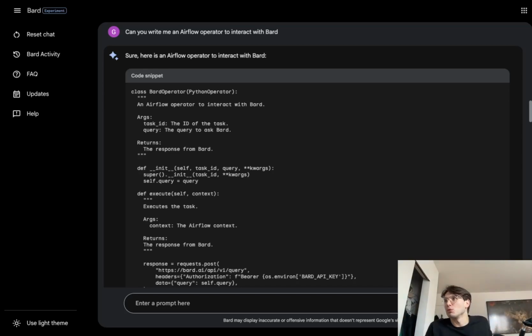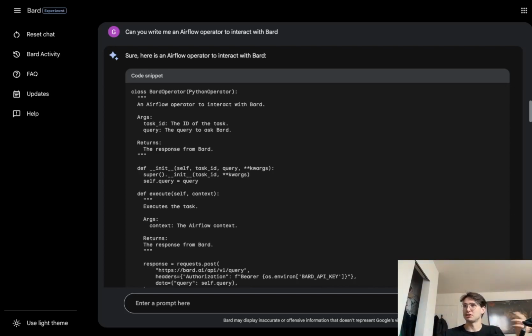So after I made that video looking at DAGs within ChatGPT, I wanted to uplevel it, and I wanted to look at, hey, you know what else really sucks about Airflow is writing operators that don't exist. I don't know if you've ever tried it, but it's extremely annoying, especially if you're doing it for an unsupported system. Extending a Snowflake operator to take another argument or do some extra function isn't that hard, but creating one from scratch can be really difficult. But not anymore, because with Bard, you can actually have Bard create Airflow operators for you that you can then use. And it's pretty good at this, like shockingly good.